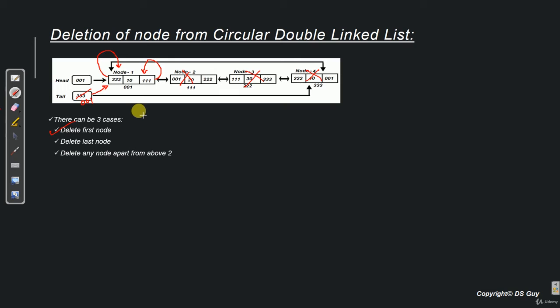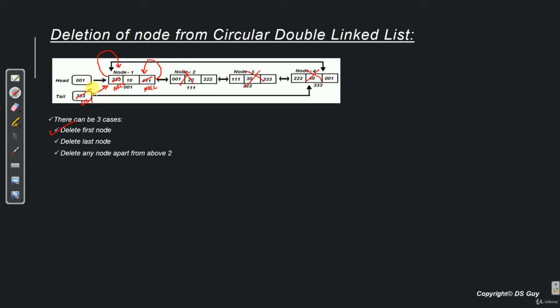So in this case we have to do some steps. That is, first we have to make sure that the next reference is made as null. Similarly, the previous reference is also made as null. Why do we need to do that? Because if we have a self loop here or here, garbage collector will not be able to delete this node, because in that case there is a self loop and garbage collector will not delete it. So we have to make both of these references as null.